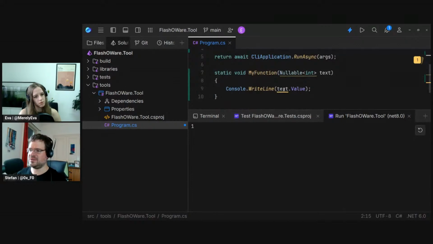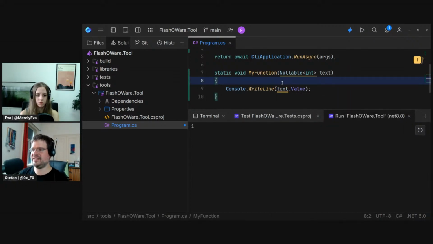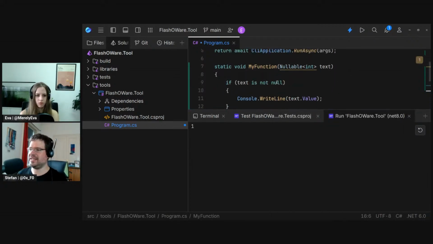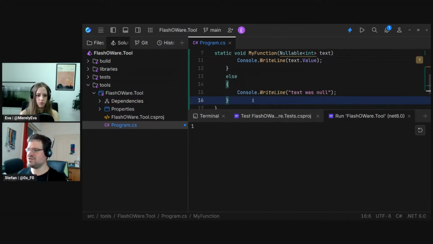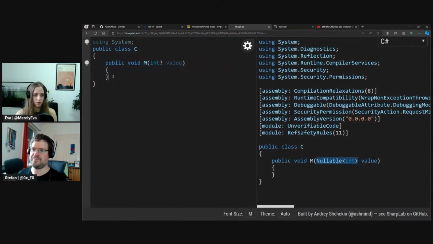To work around that, there is also diagnostics, although this is not nullable reference types, but nullable value types. It's similar, but not the same, since it's a whole new type. We also get a warning. We get a different warning. We don't get the dereference of a possible null reference warning, but nullable value type can be null warning. So again, in order to fix that, we could technically write text is not null, but this is just syntactic sugar for, if we jump back to